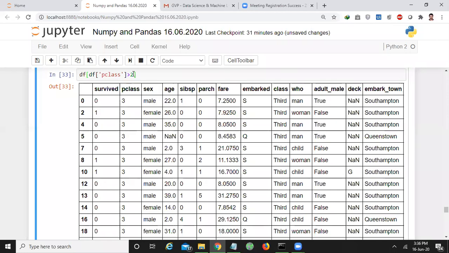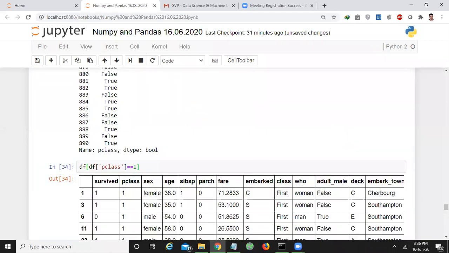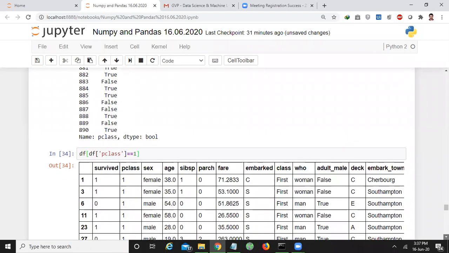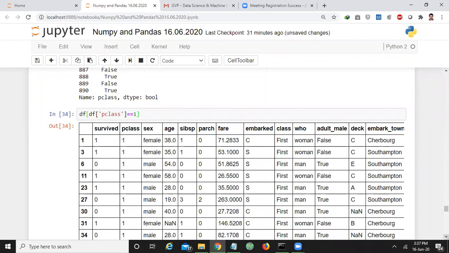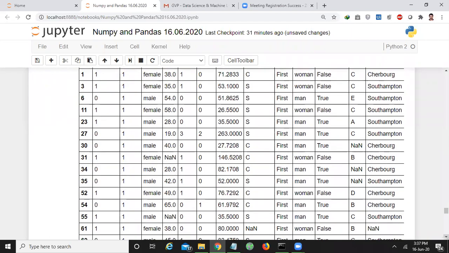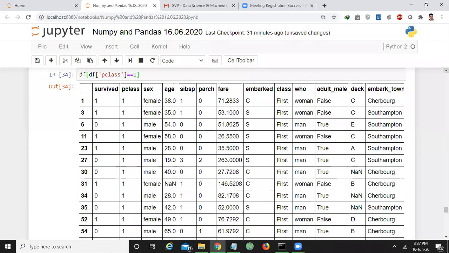For example, if you want to extract first class passengers, you can give equal to 1, then you'll get first class passengers like this. You understand or not? Yes. So I want to study the details of first class passengers. If you want to extract only first class passengers, you can keep it in another data frame called df1.